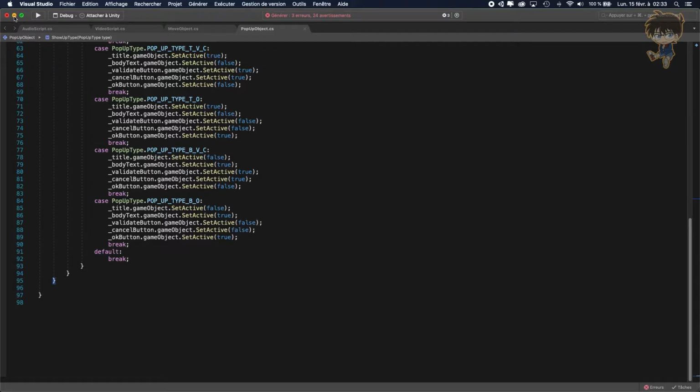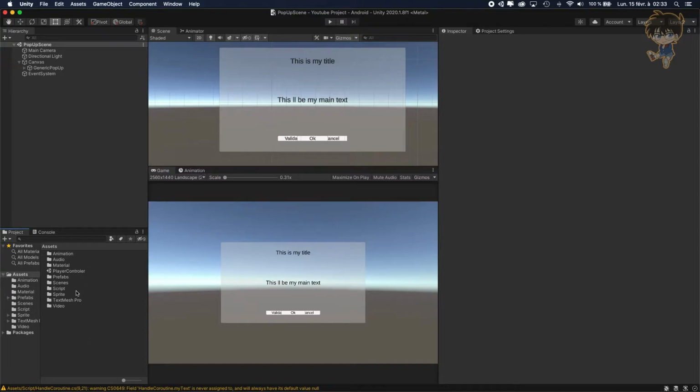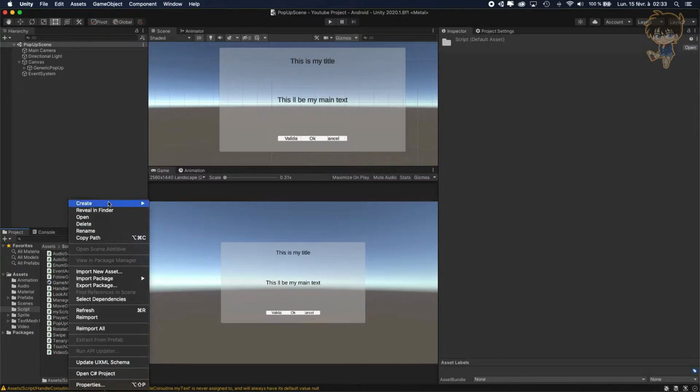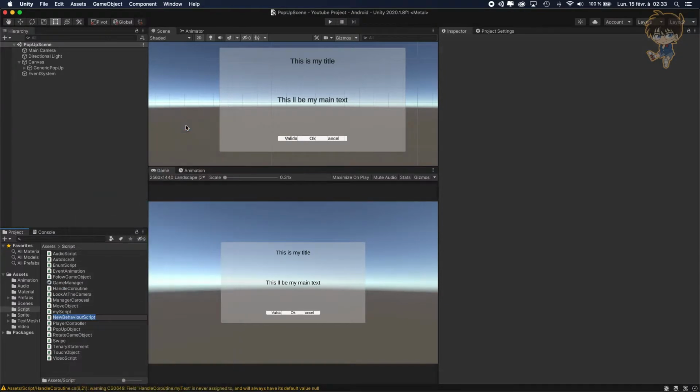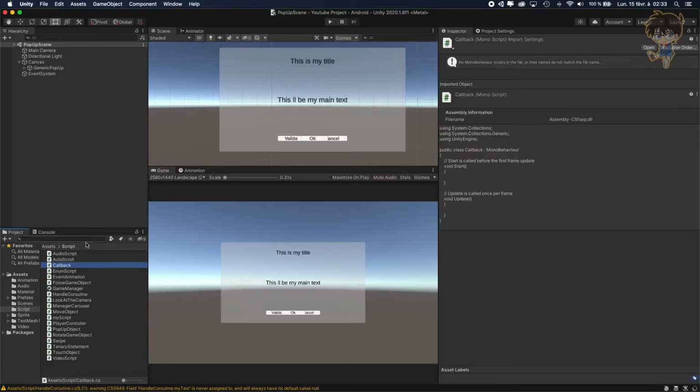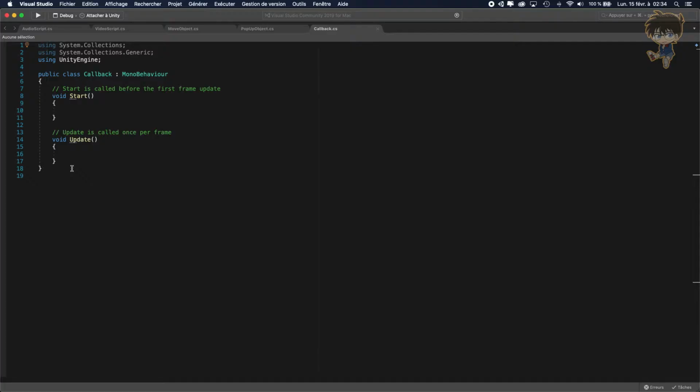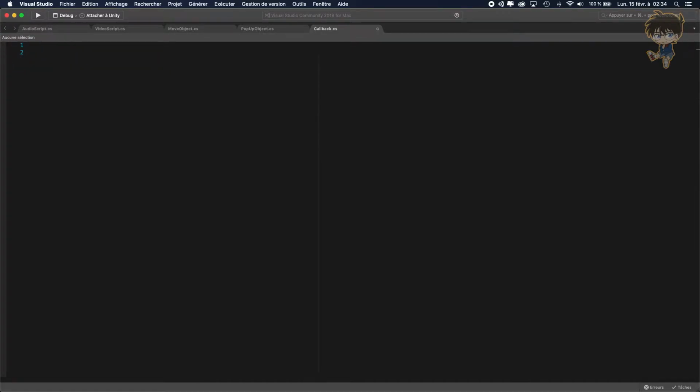So first thing, you will need to create... Let's head back to Unity, and let's create a script and name it callback. All right, and let's open it. So the script is open. Now we don't need any of that. We just need to create a public delegate void